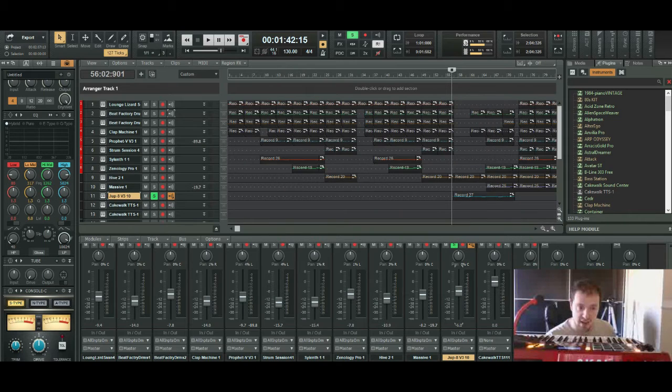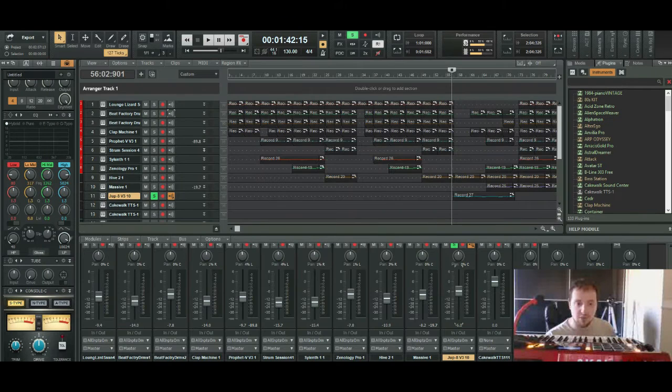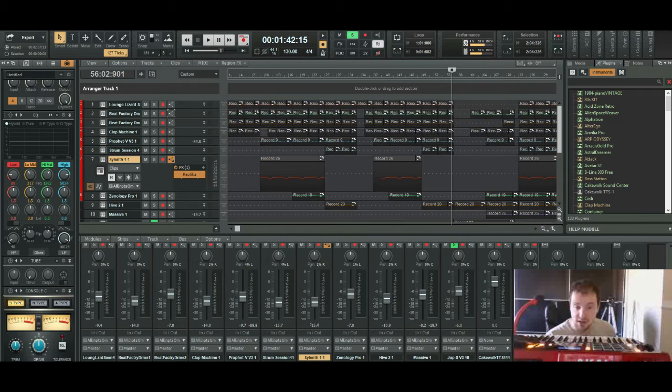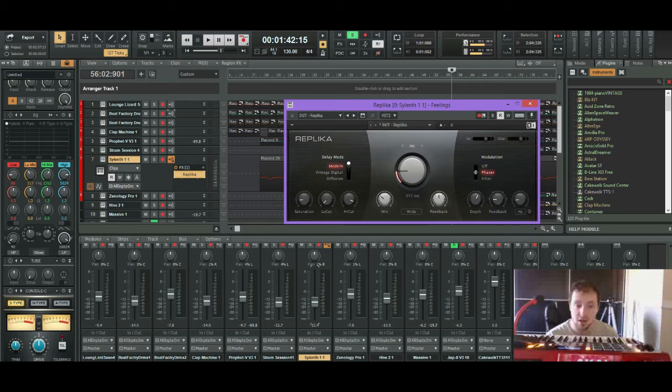I chose, what was the patch? I chose Astral Voices. And before we actually get into these, let me just check to see if I had any... okay, so I just remembered. Silent, I did use a plugin. It's called Replica. Definitely a very good reverb as far as my ears are concerned. I chose it to modular. I set it to MS. I played a bit with the saturation, not too much because I mean I've seen a